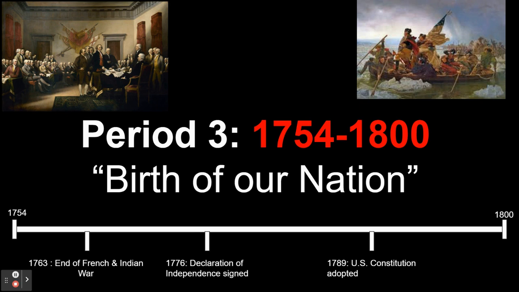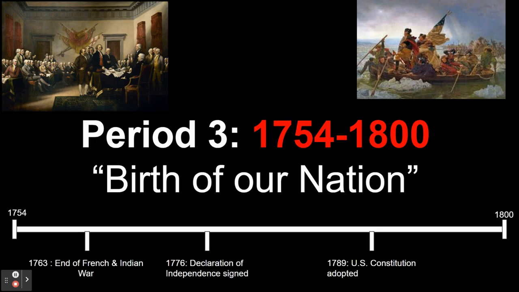But in general, when we're talking about period three, I want you to really think about the American Revolution, because the American Revolution is what everything in this time period revolves around. So if we take a look at the era that we're discussing here, this period is framed by 1754, which is the start of the French and Indian War, and it ends by 1800. And 1800 is when John Adams loses the election of 1800, and now you've got Jefferson coming in, and that's the start of Jeffersonian democracy, which is going to begin period four.